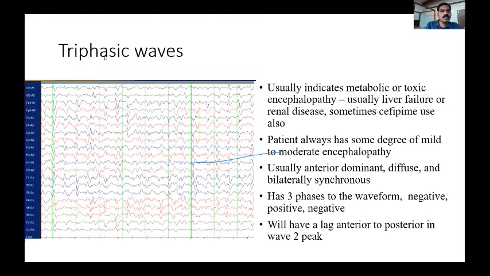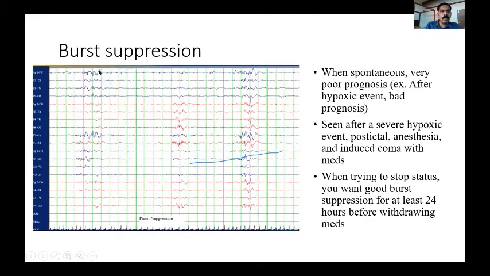Sometimes they get this burst suppression pattern. If you look at the record, you have a burst of activity for a couple of seconds, and then there is suppressed or attenuated activity for a few seconds. Here, you can see there is a burst for about 2 seconds, and an attenuation for about 10 seconds. Again, there is a burst for 2 seconds, and then there is an attenuation. This is called burst suppression pattern.